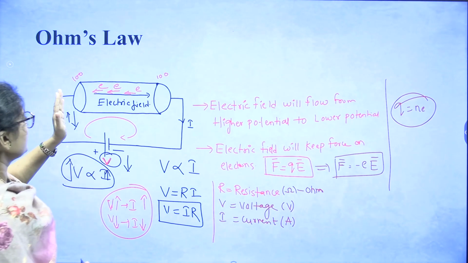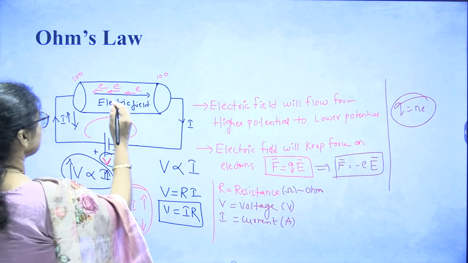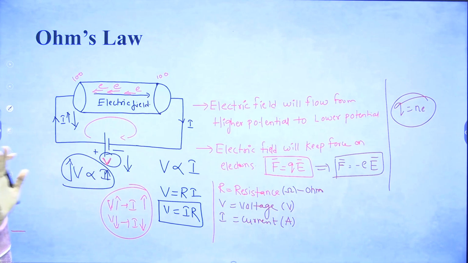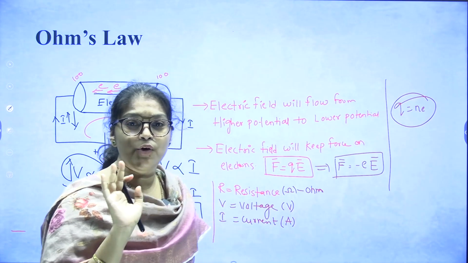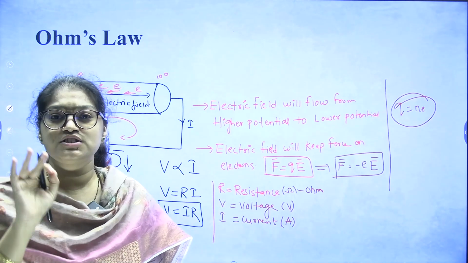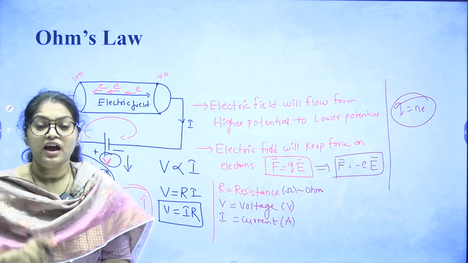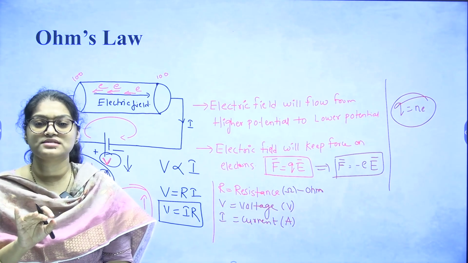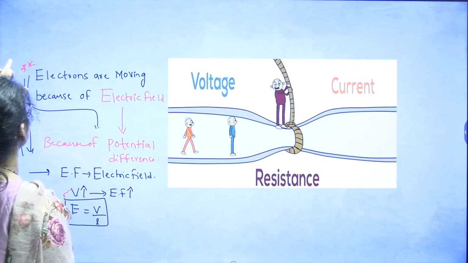Because whatever resistance is there, that opposes the flow of electrons. Some electrons will be opposed by some force. Listen carefully. So that is known as resistance. Opposition to the flow of electrons in a conductor is known as resistance. So for the definition of resistance,